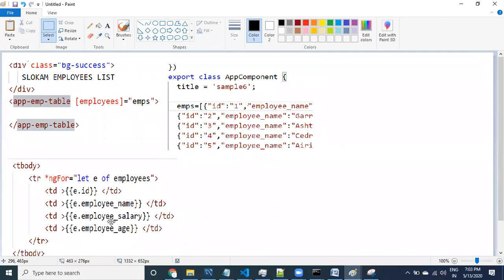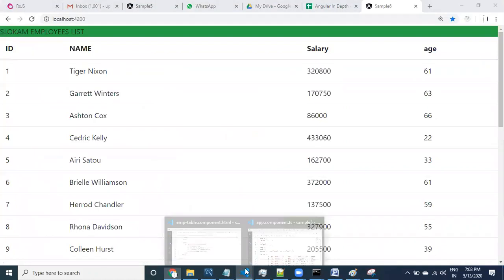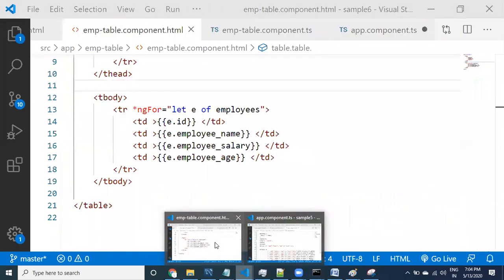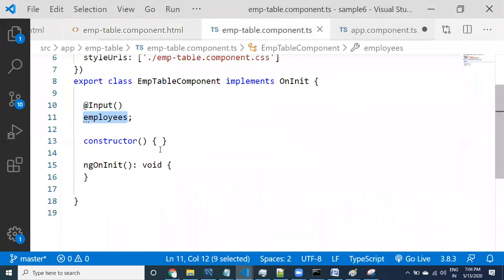Now I need to bring another class, the employee component.